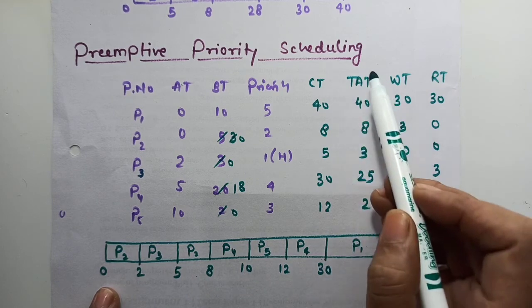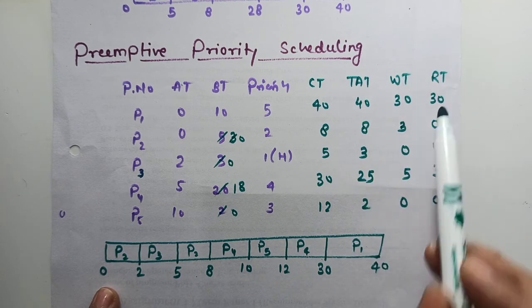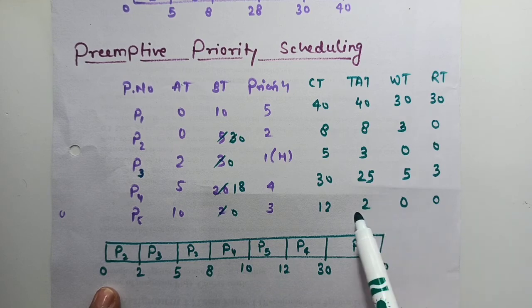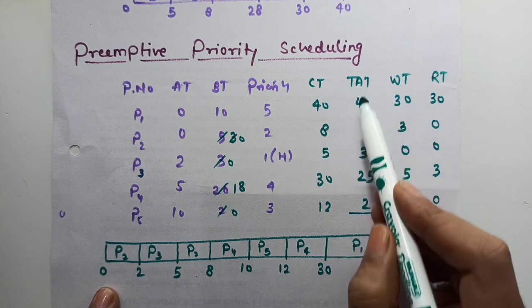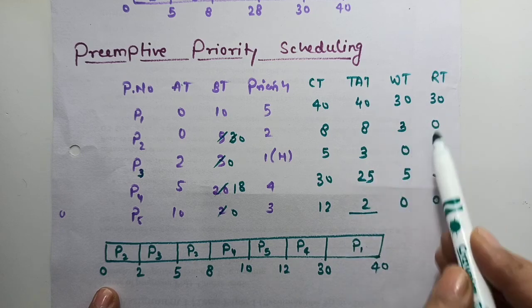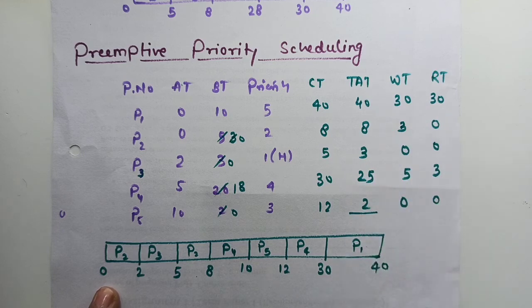So now you can calculate the average turnaround time, average waiting time, and average response time. How would you calculate? You sum the turnaround times, waiting times and response times, and then divide by the number of processes. In this way you can calculate the average turnaround time, waiting time, and average response time as well. Okay, I hope you have got a little information about priority scheduling, and I think I have cleared all the concepts so that you can solve the non-preemptive version and the preemptive version of priority scheduling.